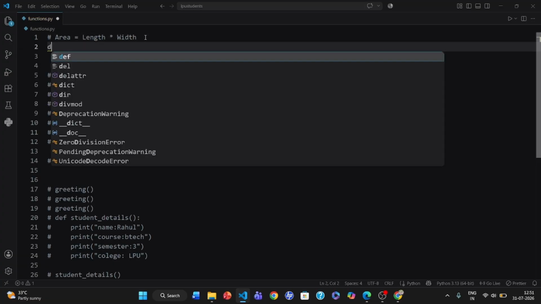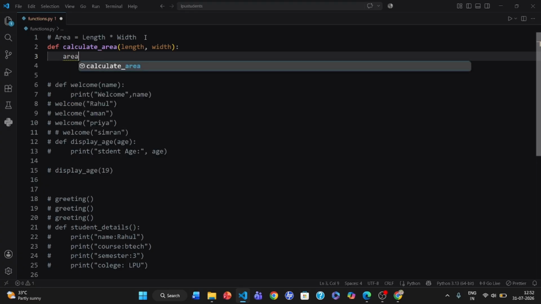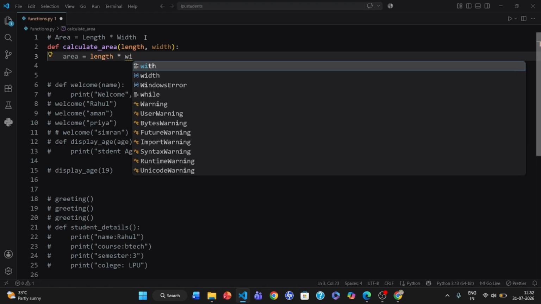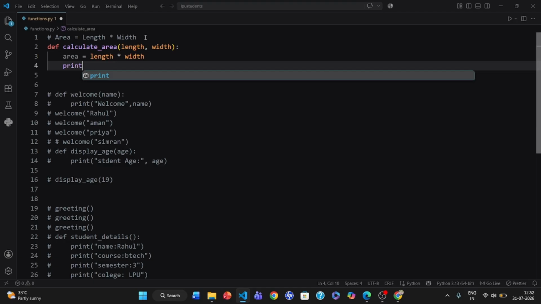And now the Python program: def calculate_area, length, width, area is equal to length into width, then print